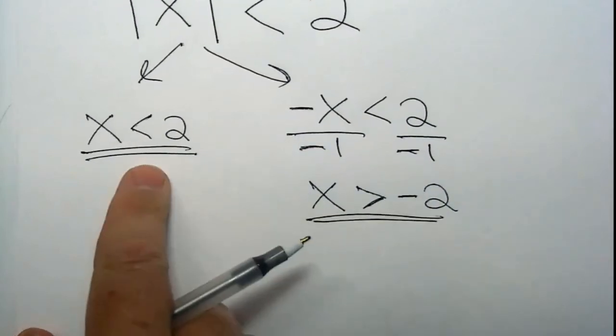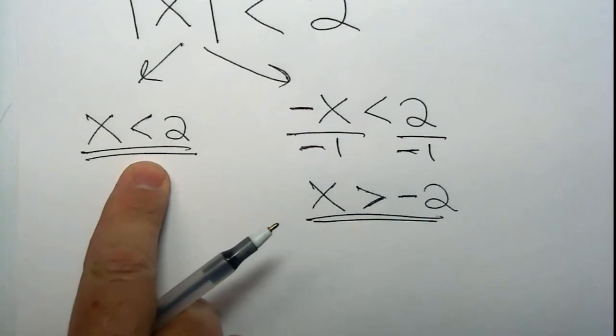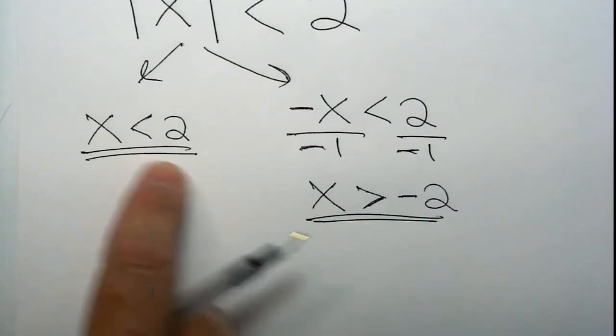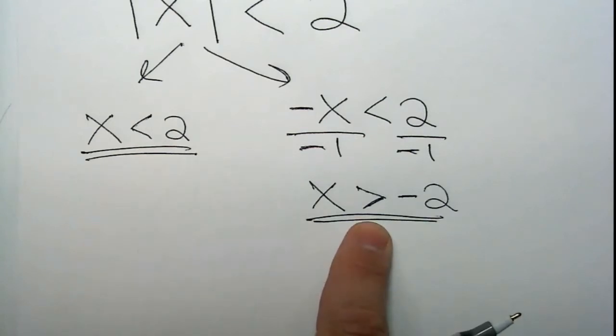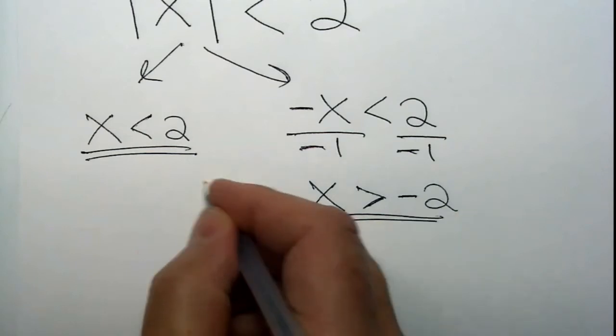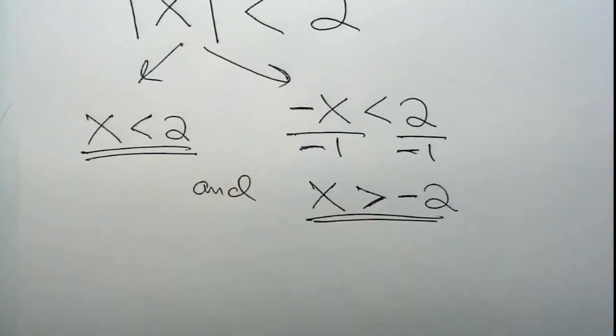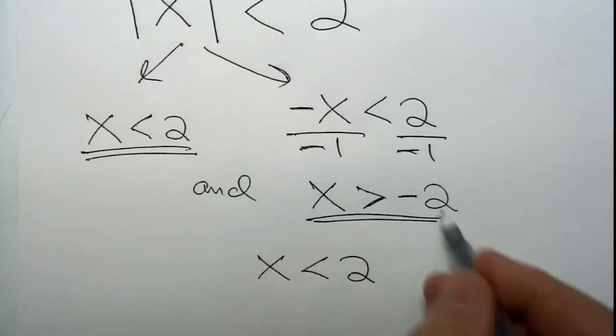So this is really the solution set. And let's take a look at what this means. All numbers less than 2 and greater than negative 2 at the same time. If you were to take these 2 solutions and try to merge them together,